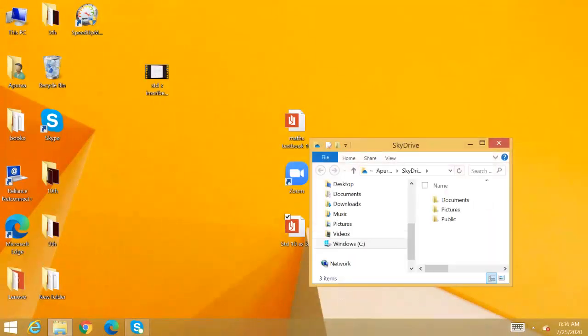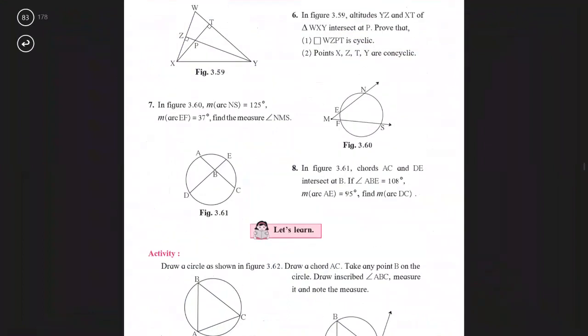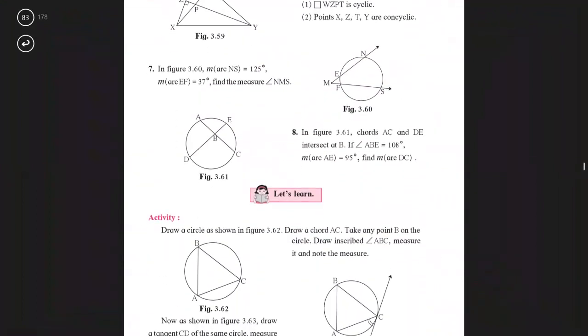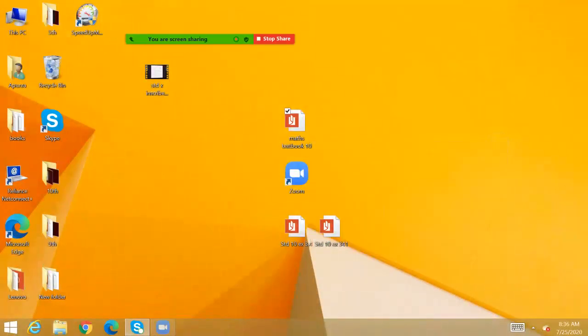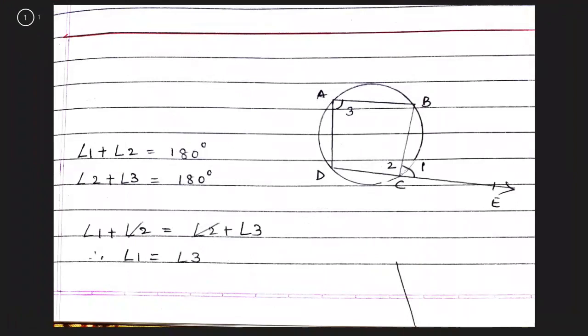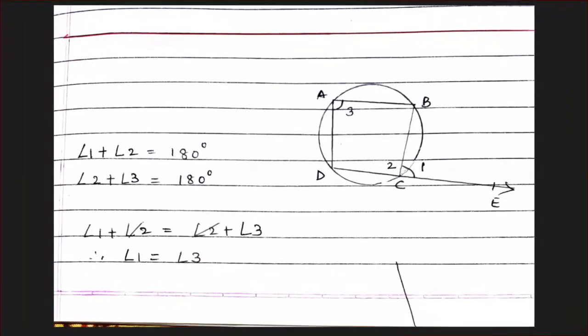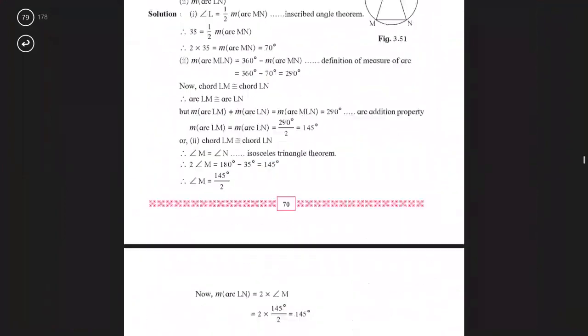Okay. Now with that we have finished all questions of this exercise up to 8. Only 5 and 6 I have told you to do on your own, write down. Now there was this one question which I had told you that I'll be explaining to you. That is, an exterior angle of, do you remember the theorem that I had told you to write the proof on your own? I'll explain to you what that corollary was. I hope you all have tried it out.